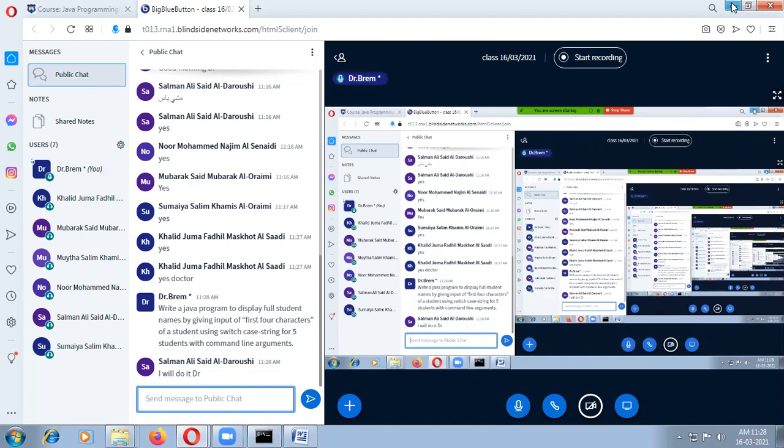If you understand, definitely you can finish within 10 minutes. Some students still say that they don't have a compiler. It's freely available. Just download it and put it on your laptop. Doctor, I don't have a laptop. Then you can come next academic year after COVID-19. Mubarak, finish this program.